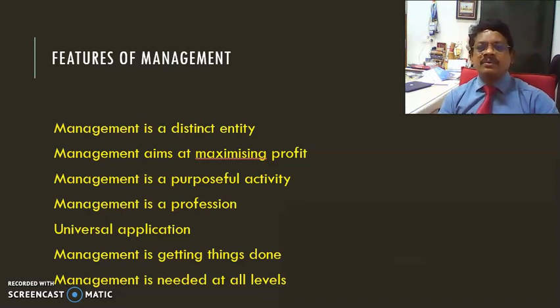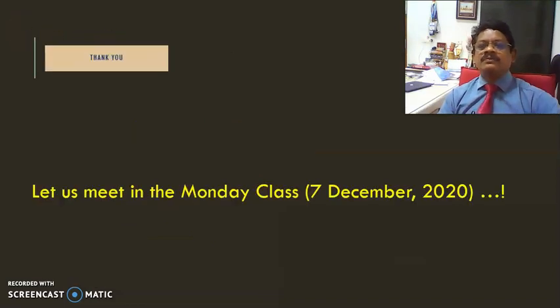If you know how to use management in your personal life, you can see that there is a lot of saving of resources, and a lot of saving of time also. In the process, you can achieve whatever you want at the personal level as well as the professional level. When you have management knowledge and the application of management in your day-to-day activities, you can see that management is such a wonderful technique for us to use for our day-to-day work.